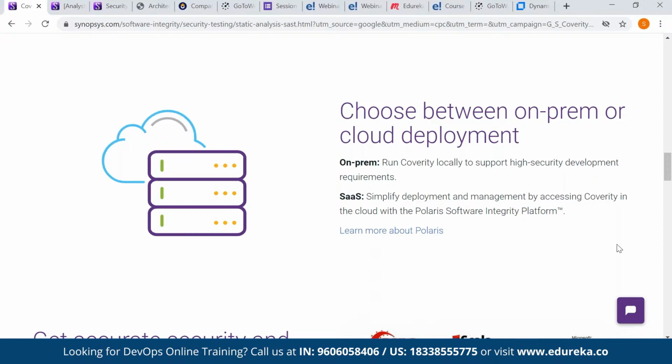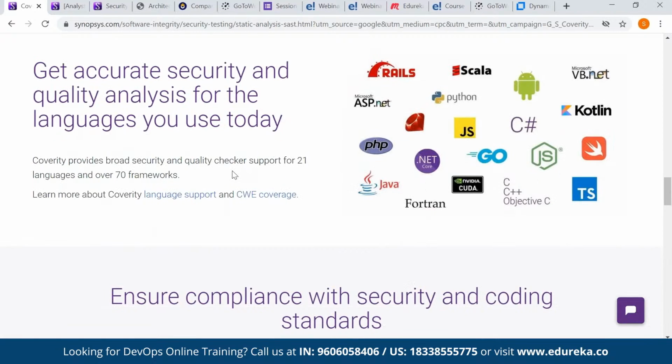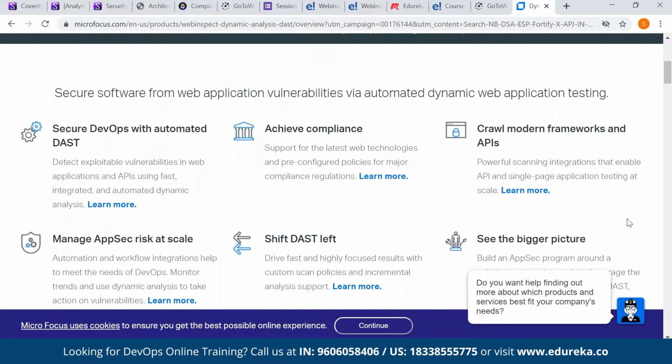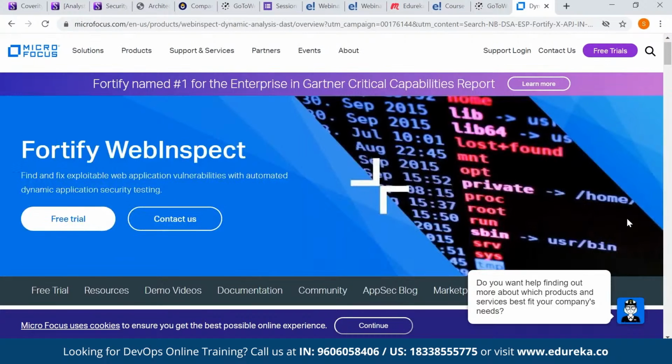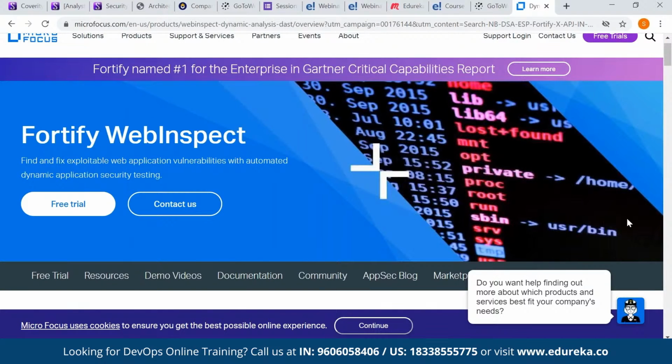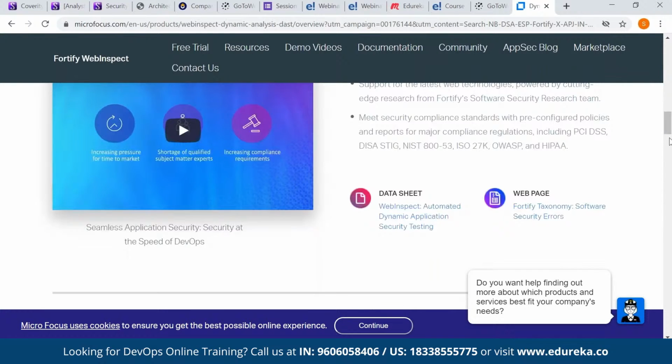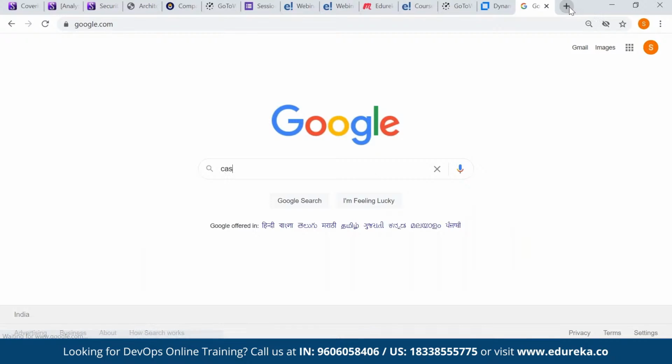Whether you are on-prem or on the cloud, your security analysis is done through this tool, but this is getting your static components, not dynamic components. For your dynamic components you can go with a tool called HP45, which is nowadays known as Micro Focus 45. And if you want to compare SAST and DAST,